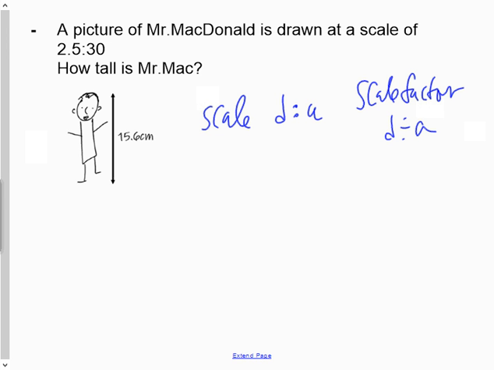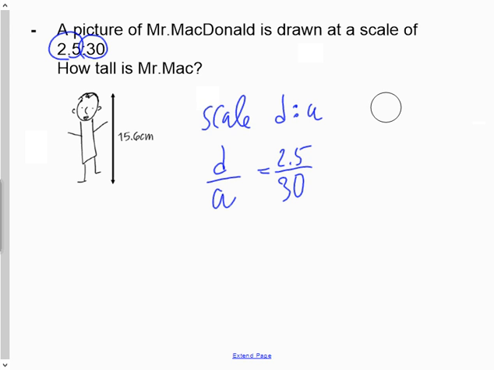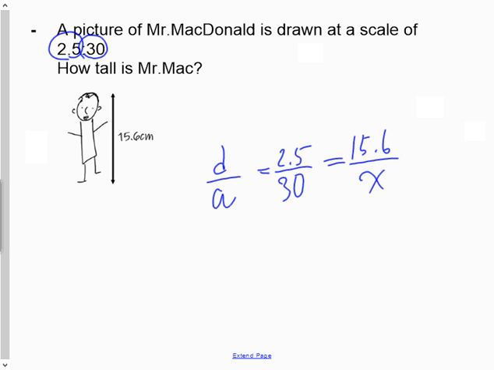So what I'm going to do for this one is I'm going to use not the scale factor because I don't know how tall I was at first. I'm going to use scale and use proportional reasoning to solve it. So I'm going to say that scale is diagram over actual. And since this represents the diagram and this represents the actual, I'm going to put 2.5 for D, and the actual me is 30. For every 2.5 in the drawing, centimeters, millimeters, units, whatever, the actual me is 30 of those units. So since the drawing of me, or the diagram of me, is 15.6 units,